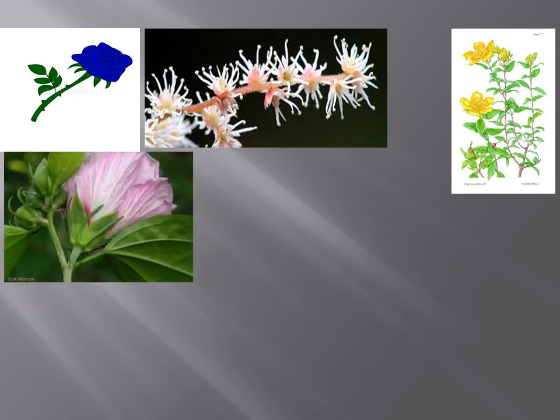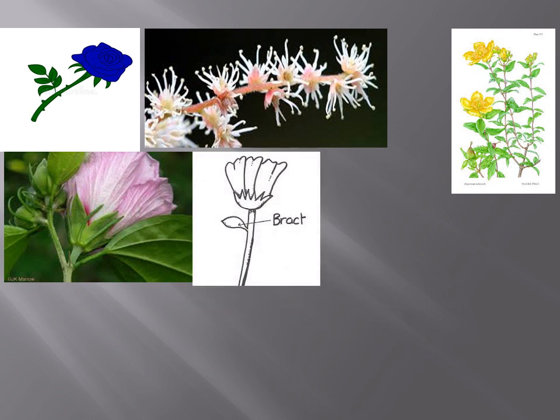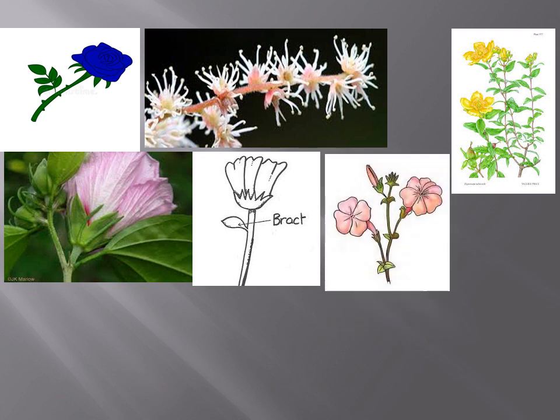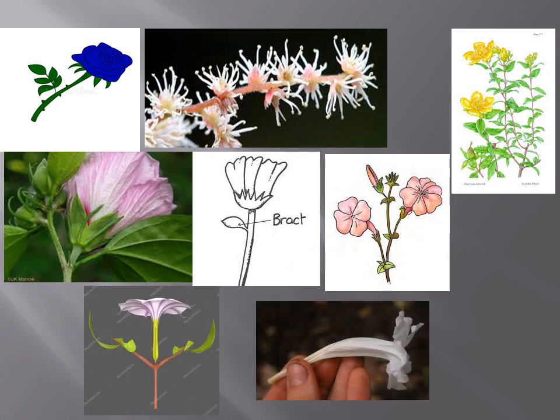This is the flower that has the bracts, so it is the bracteate flower. Here you can see the bracts, a modified leaf that is green in color. So these all are examples of bracteate flowers, like Ipomoea or Petunia, that have the bracts. And this one is the ebracteate flower that does not have any bracts.